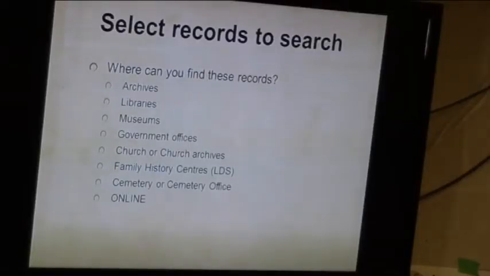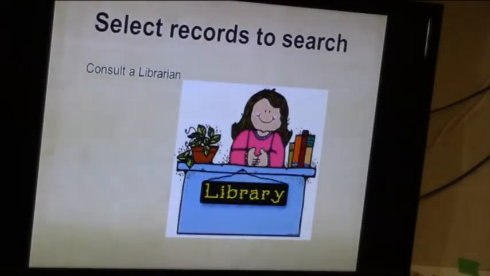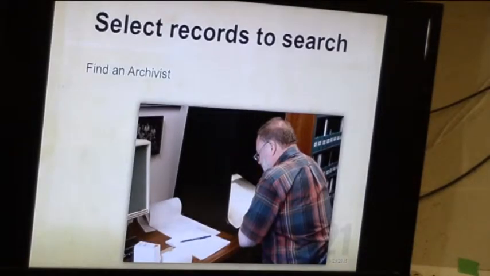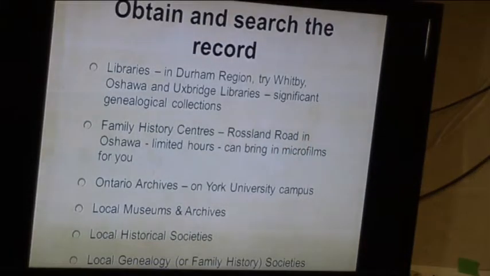And online, there are places to go. Librarians can really help you find out where to look for things. So can archivists. The best libraries in Durham Region, particularly for Durham Region families, are Whitby, Oshawa, and Uxbridge.